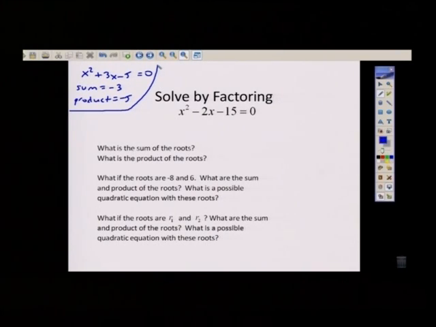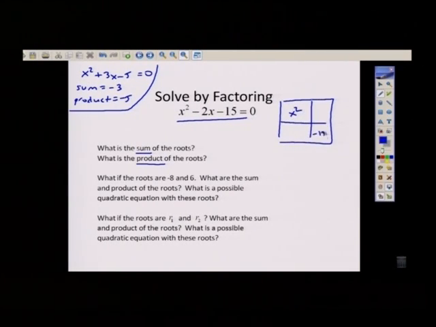So next, I'd like you to take this equation and solve it by factoring. And then find the sum and the product of the two roots. Okay, if we factor this,